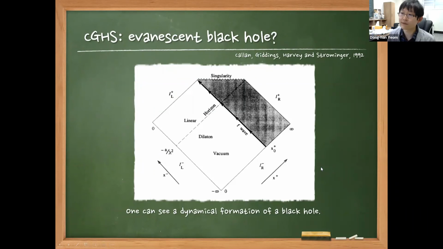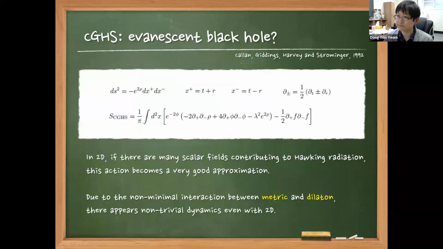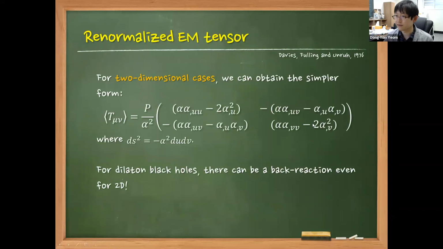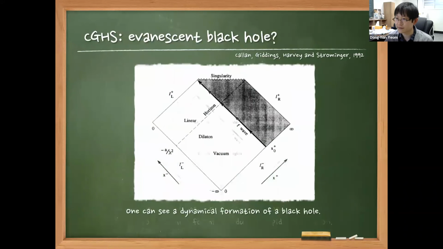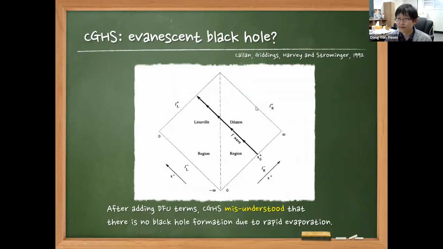the dynamical formation of a black hole in the CGHS paper. However, if we turn on the Hawking radiation by introducing this term, then we can evaluate the dynamical evaporating process. And their conclusion was that as the shell collapses, Hawking radiation gives the back reaction, and eventually there is no formation of the black hole. So after adding the DFU terms, Davies-Fulling-Unruh terms, CGHS concluded that there is no black hole formation due to